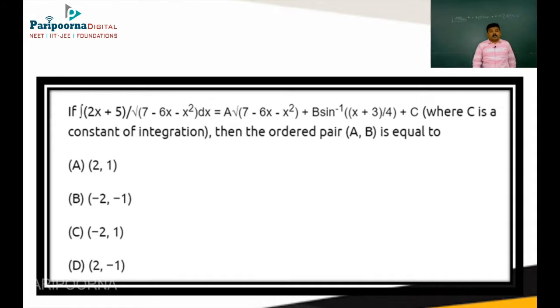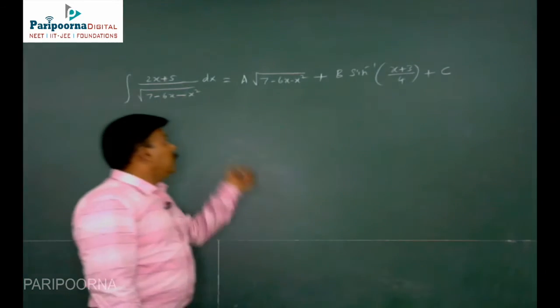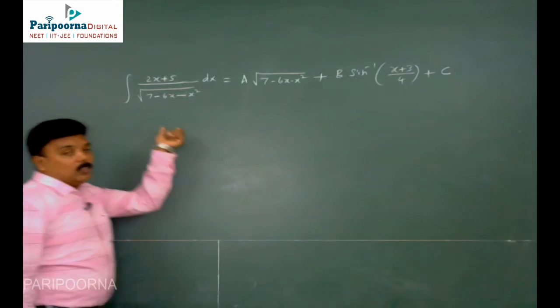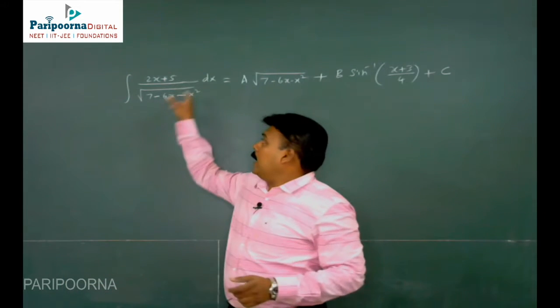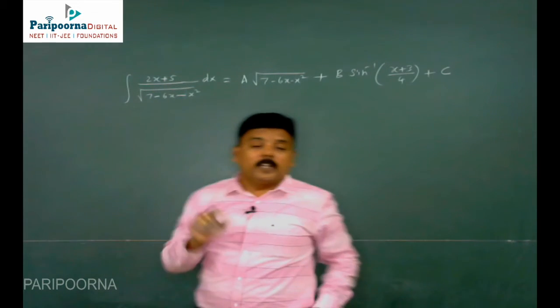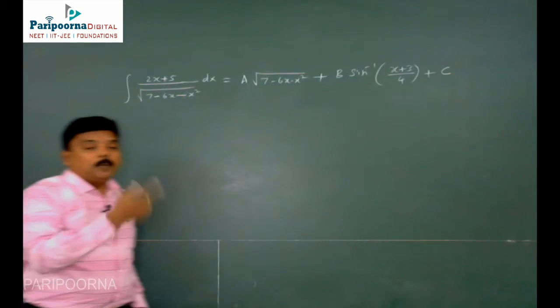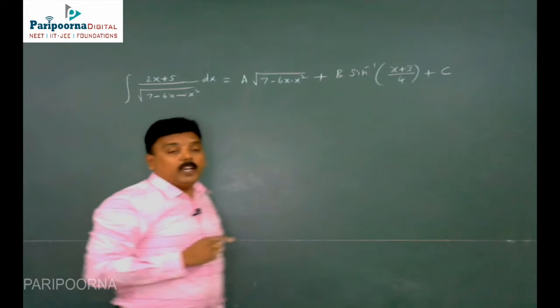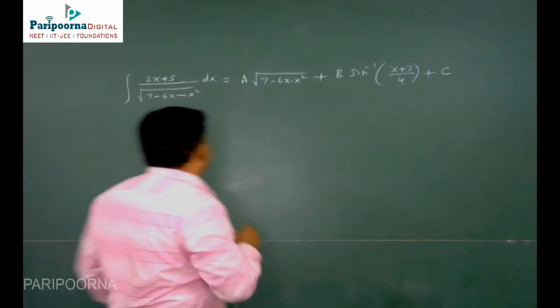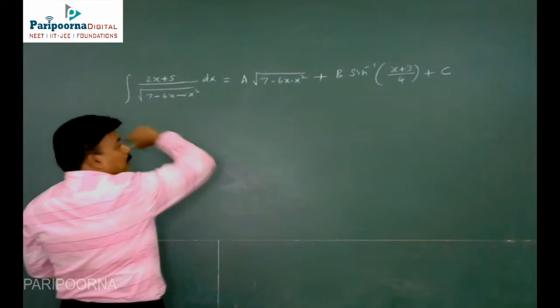Even in board examination we can see such a question, but the real problem is the timing. So you have to do this problem fast. You cannot go by the regular method. So let's see how we are going to do this problem. The regular method is we have to express the numerator as a into the differentiation of the denominator plus b, and then we have to evaluate. Now what I am going to do is I am going to differentiate on both sides.